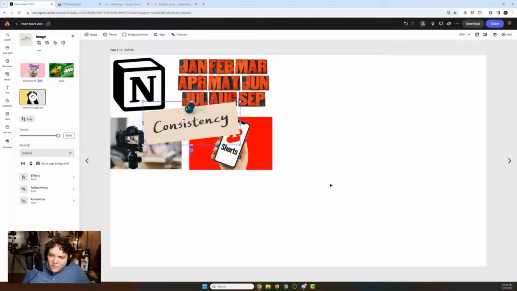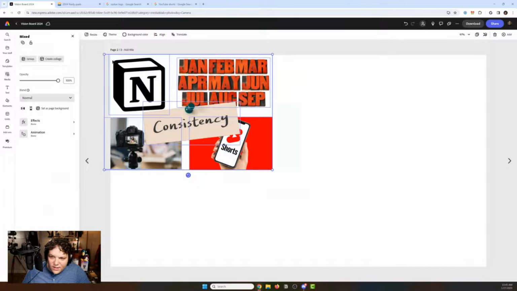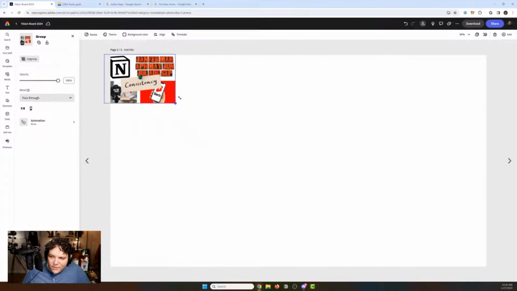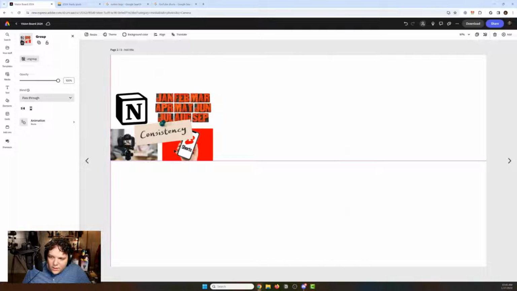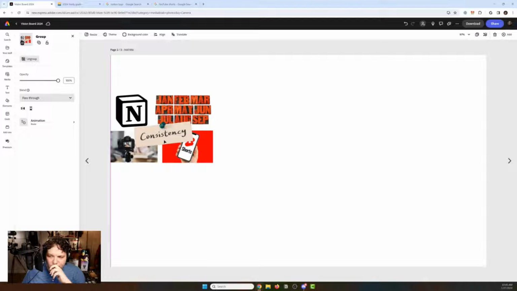And then these are just ways I want to be consistent. If I highlight and drag this, I can group them. And then if I want, I can make them larger, I can make them smaller. So I think consistency for now is going to be these. It's just one of those things that I want to be truthful on, I want to be honest.